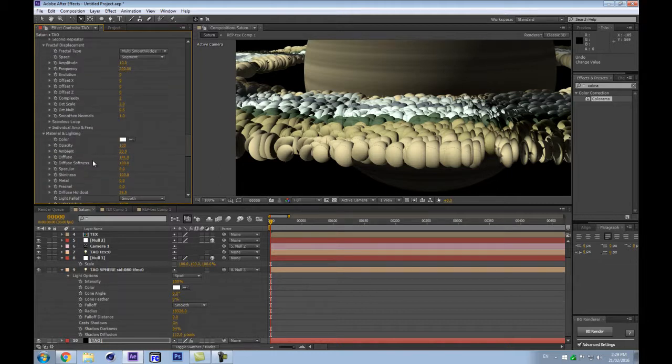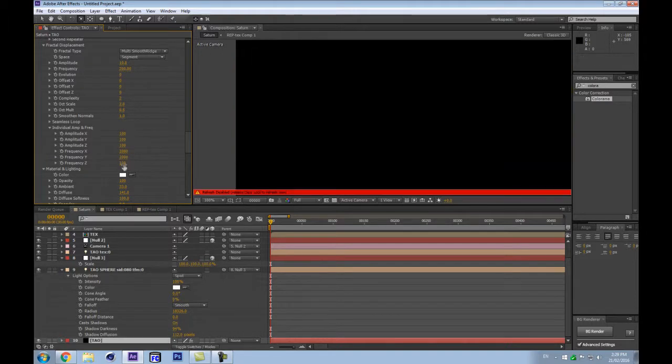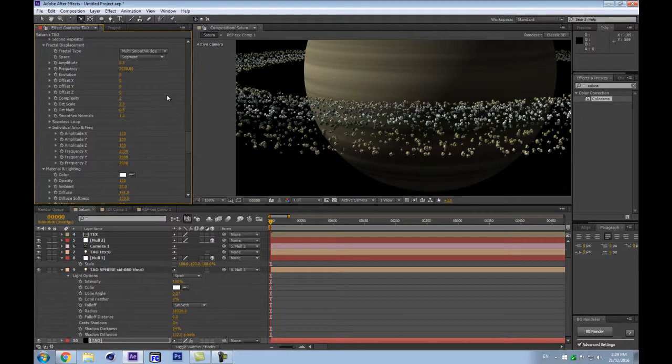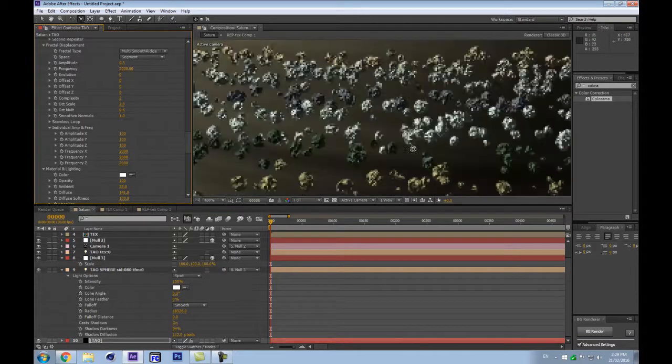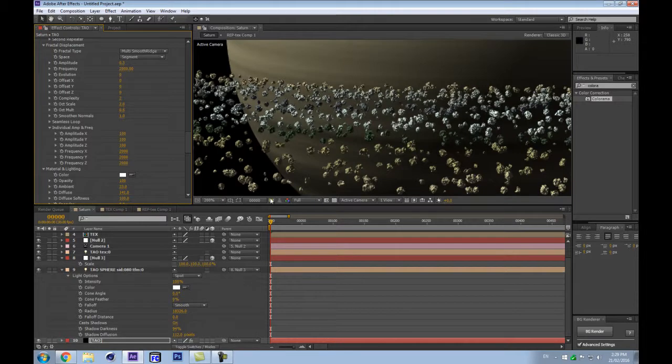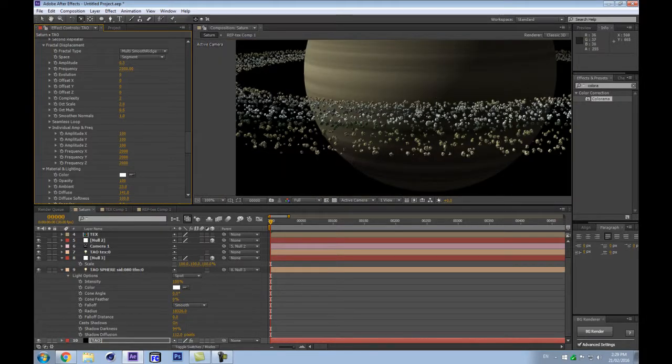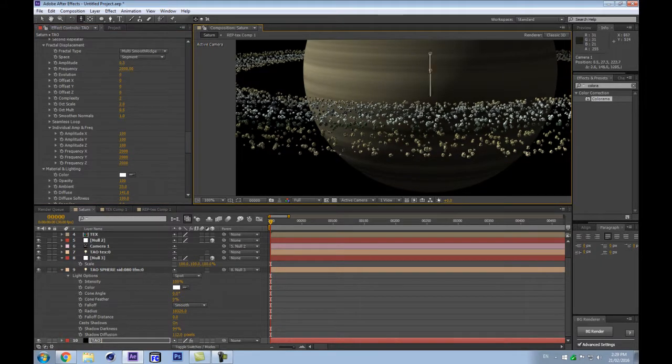Let's go in the individual amplitude here, and we're going to drastically increase those values. So let's put 2000 here on the frequencies. And let's put 2000 here as well, but the amplitude let's put 0.3, and then it's going to take a little longer to refresh. But then if we do that, we have shapes that are more like, it's kind of hard to see now, but let's zoom more there. So we're going to have shapes that are